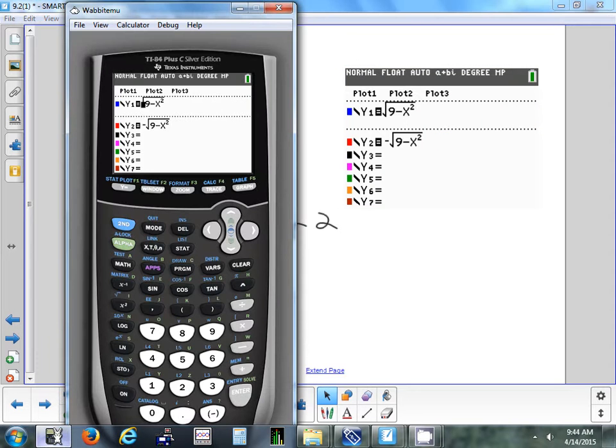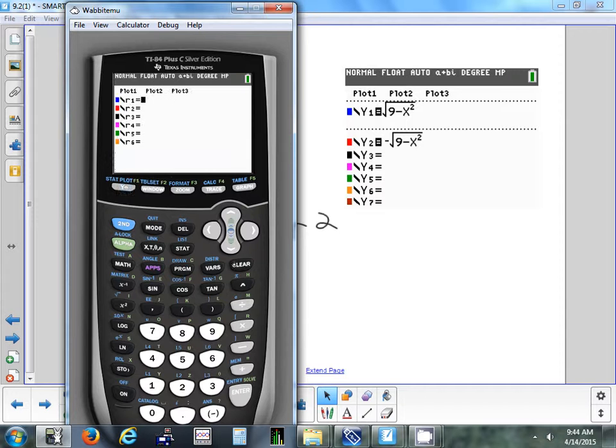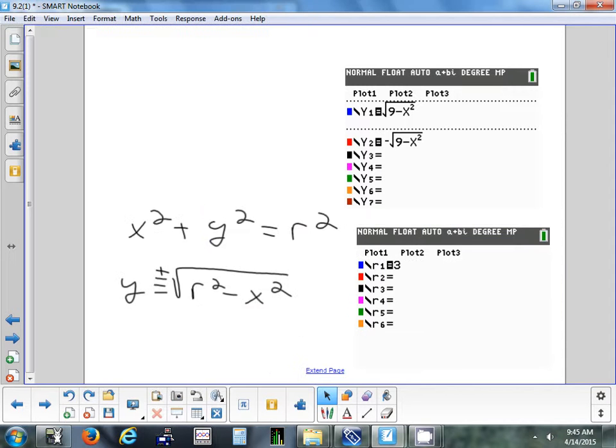Now let me show you the same thing in polar. All right, so if you put it in polar, you want a circle with radius 3? 3. That's what I thought you meant. That's the whole thing. Okay. We haven't done this yet, but this is what we're going to do tomorrow. It looks more elliptical, but if you actually look at where it's crossing the x and y axis, it's at 3 units on each side. Just hit zoom 5 and it'll make it square. Okay. Lot less work. This is rectangular,